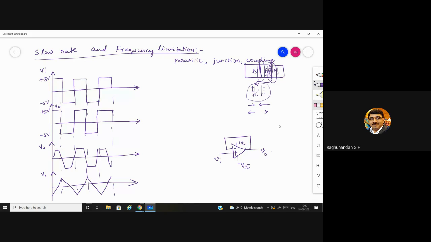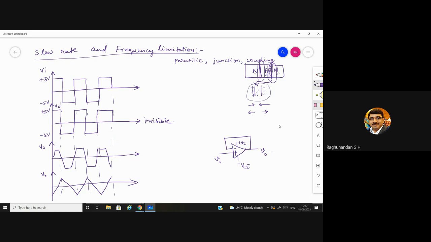Okay. See, this is the input and all these three are the outputs. Here, in this case, there is a slight change in frequency, a slight change in time period. So when the time period is going to change, obviously frequency is going to change, right? But still here you cannot observe the slew rate problem. We call it that the slew rate problem is invisible because the frequency is very close to the frequency of the input. So here the slew rate problem is invisible.